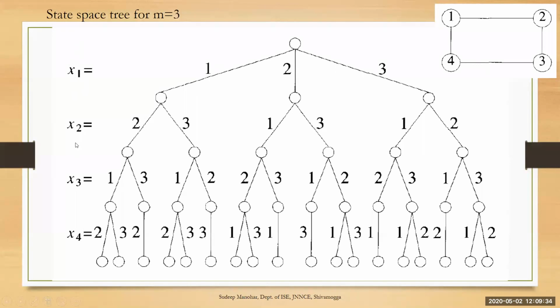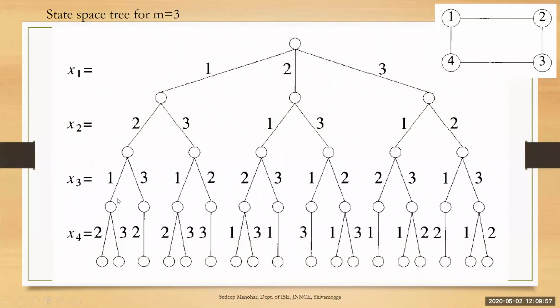That means x1, x2, x3, x4. It is written in terms of this series. So 1, 2, 1, 2. It is one solution. Next solution 1, 2, 1, 3. The second one. Next one 1, 2, 3, 2. So like this. And this state space tree contains only the feasible solutions, and it doesn't contain the infeasible